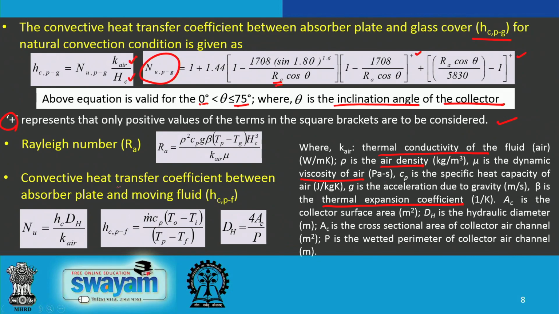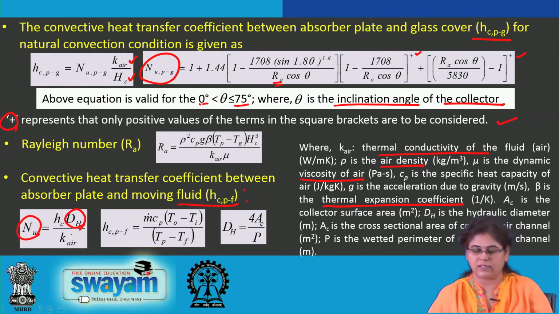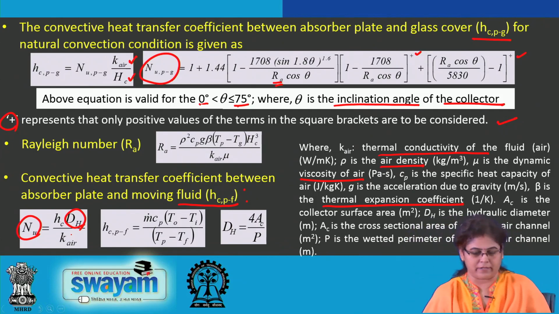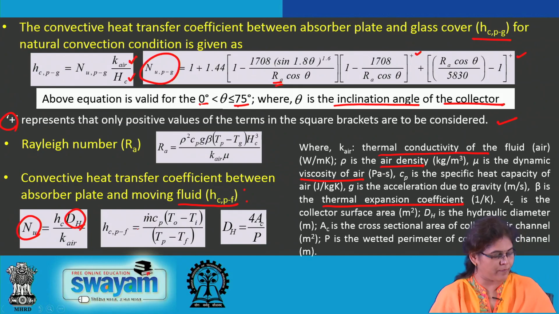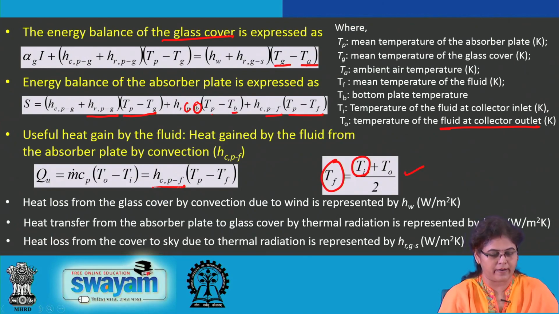Now again, the convective heat transfer coefficient between the absorber plate and moving fluid, this is a very important part which plays a huge role in deciding the drying rate of the food materials during the process of drying. So, this can be again correlated in terms of Nusselt number, which is nothing but equal to Hc dH upon k air. Here dH represents the hydraulic diameter. So, hcpf is nothing but equal to, from the previous correlation, we can find this as